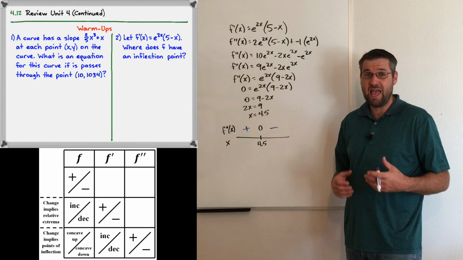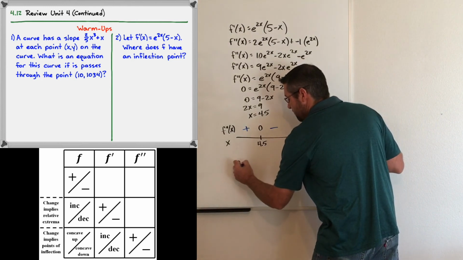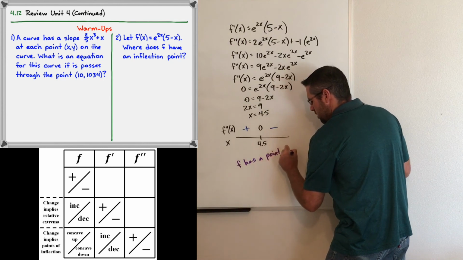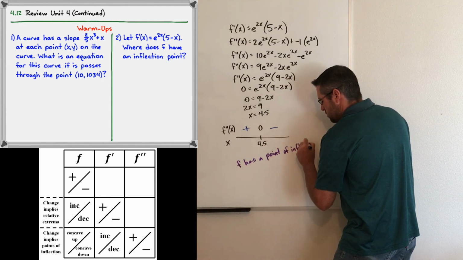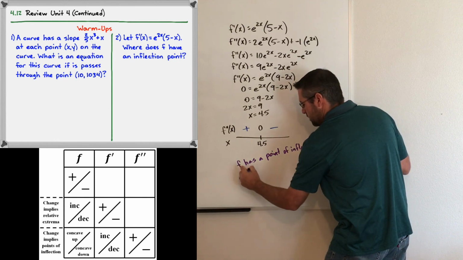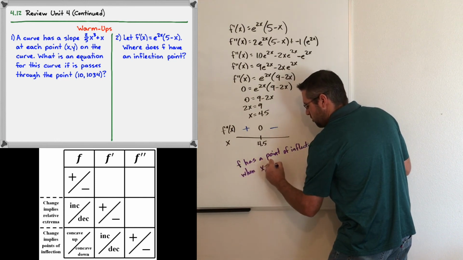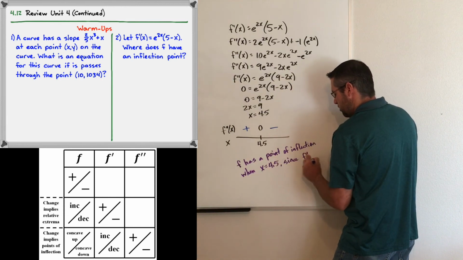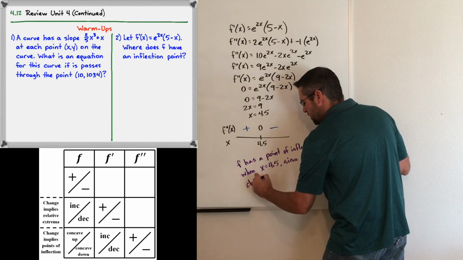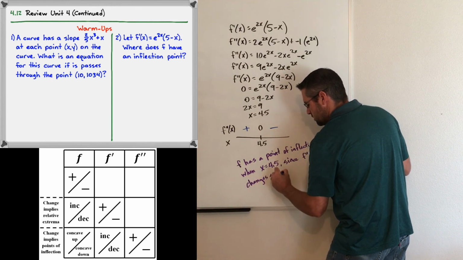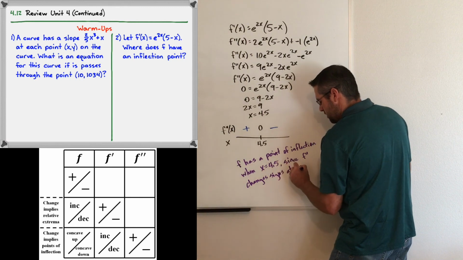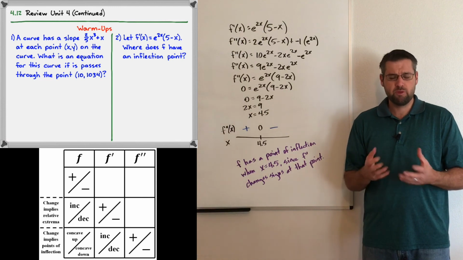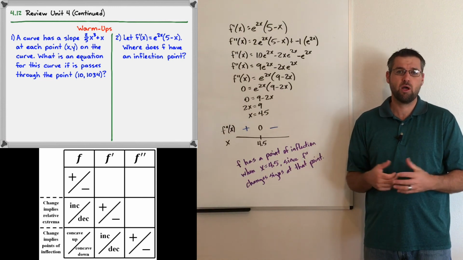So we would say that f has a point of inflection when x equals 4.5, since f double prime changes signs at that point. So I hope that those two problems helped you understand a little bit more of the concepts